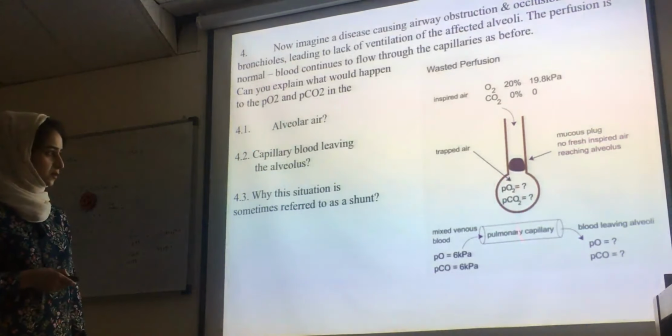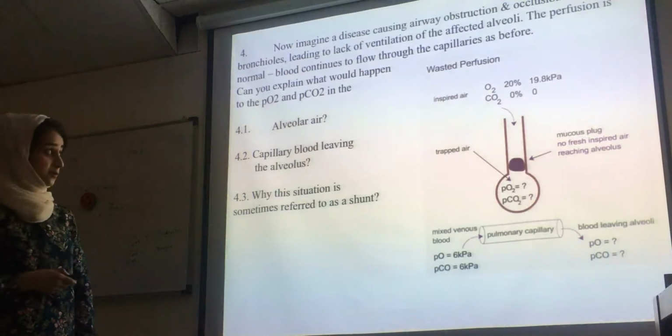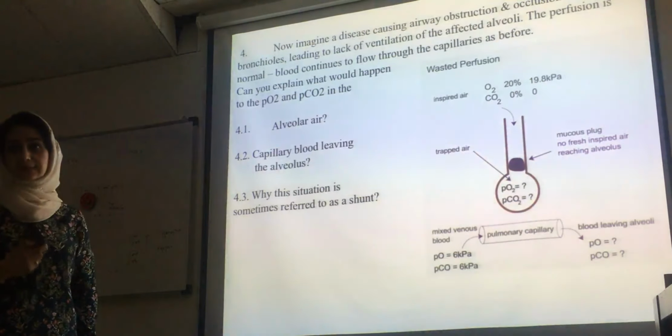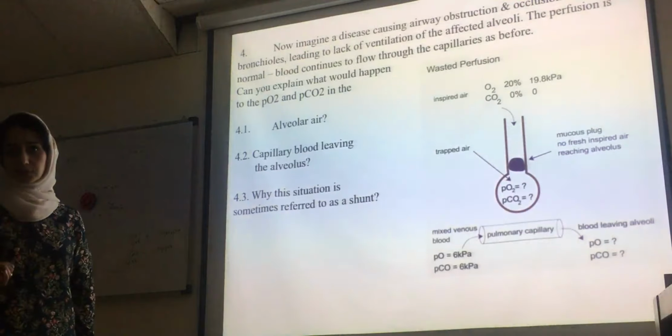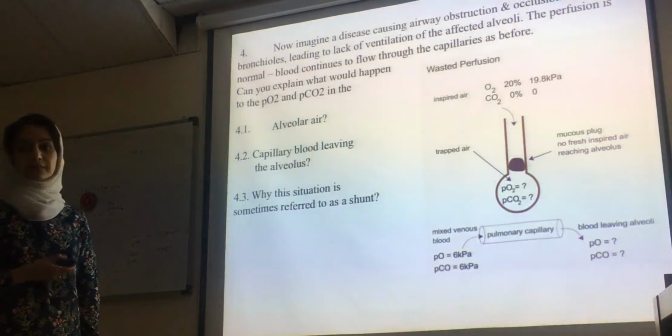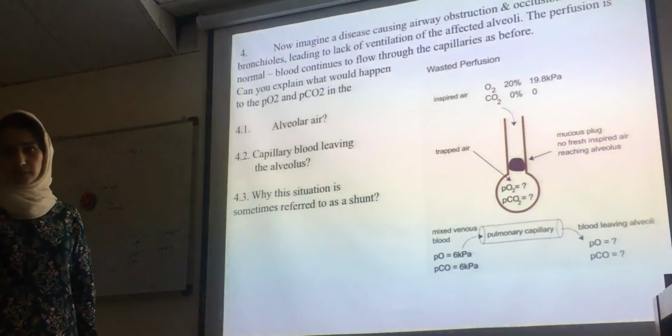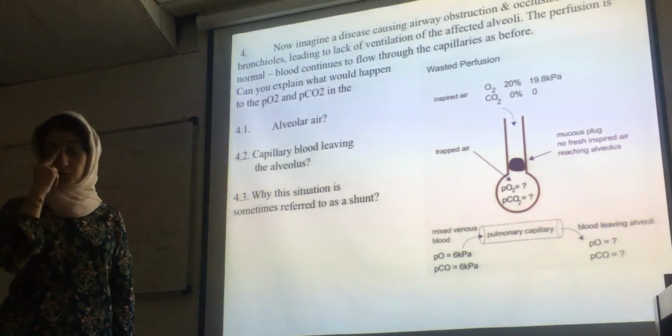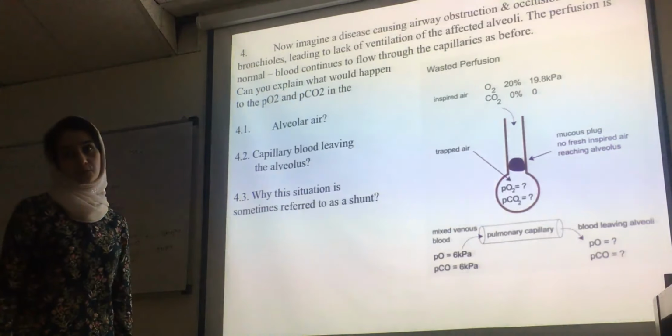Because the alveoli becomes 6 kilopascal of PO2 and PCO2, the blood leaving the alveoli also becomes 6 kilopascal in both PO2 and PCO2, and this is problematic because